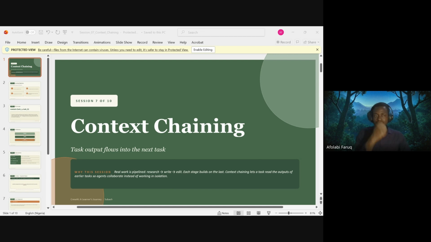Then here, what we are expected to do is to have an output that is a polished 3-paragraph article on electric cars, plus a quality score over 10 with 1 sentence justification. So we'll see that. So here's the assignment, you can look at it as well. Only pass a task context when actually needed, when we actually need more context. And also chain in order of context. We are going to look at that. And also, editor roles benefit from seeing everything upstream.